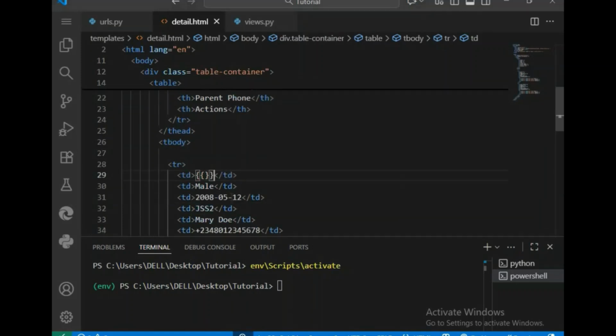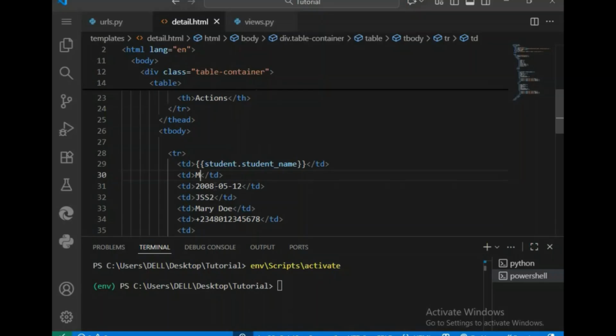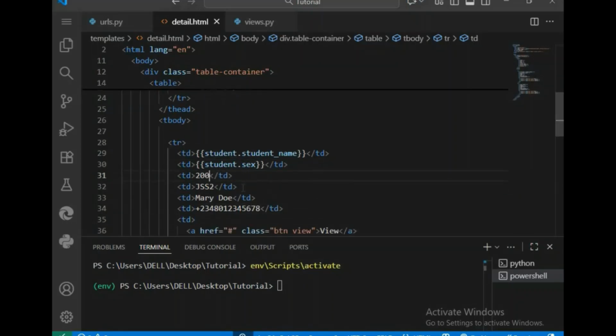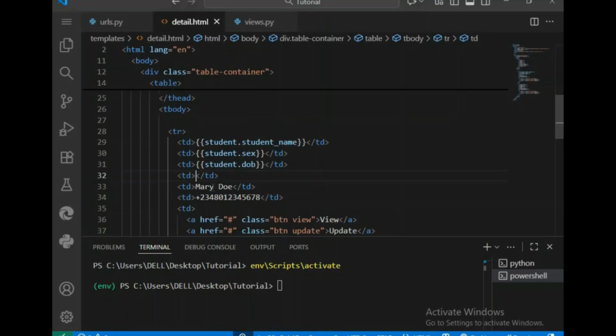All right, just have to say double curly braces, say this dot student_name, this dot sex, student dot dob, student dot student_class,